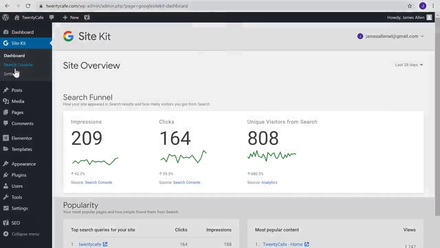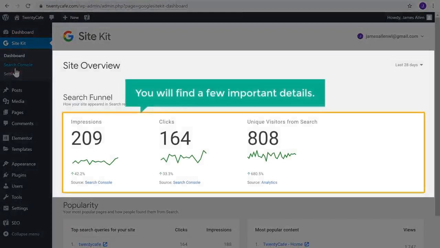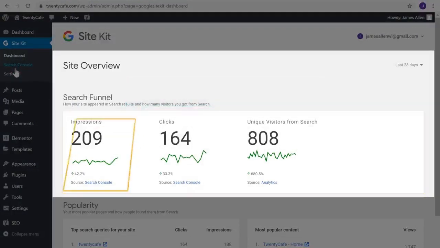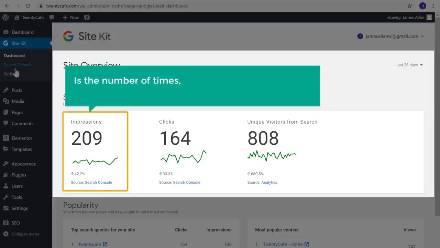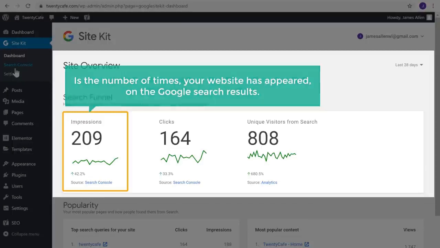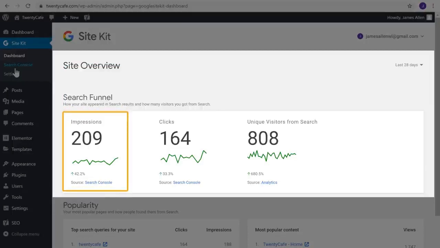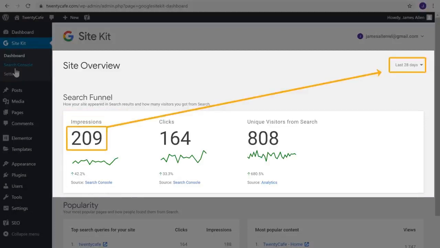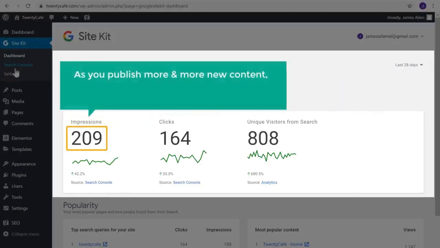Go to Site Kit. Just look at Site Overview. They are showing the number of times your site has appeared to visitors on the charts. Here all the analytical information is available.